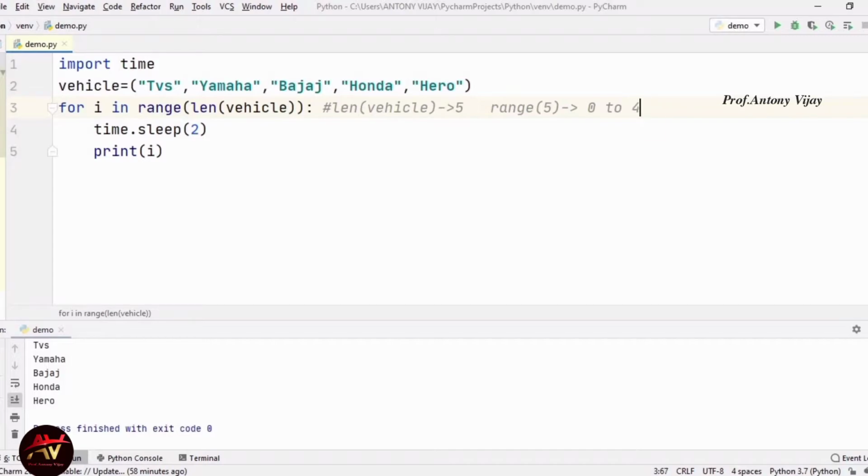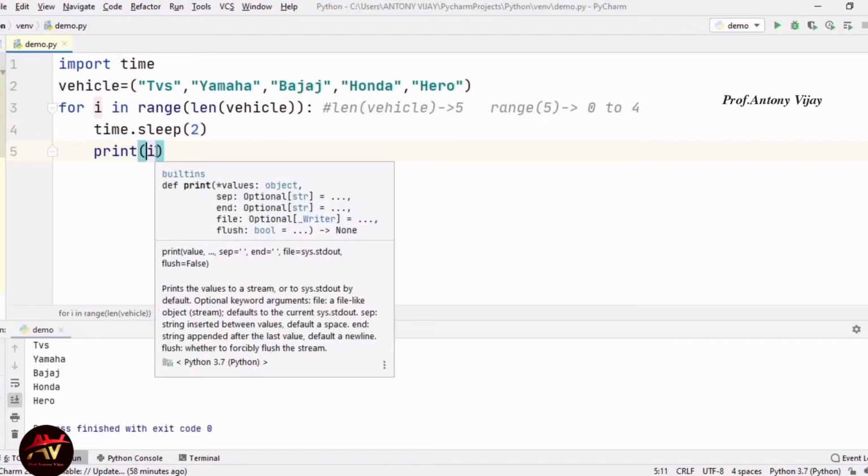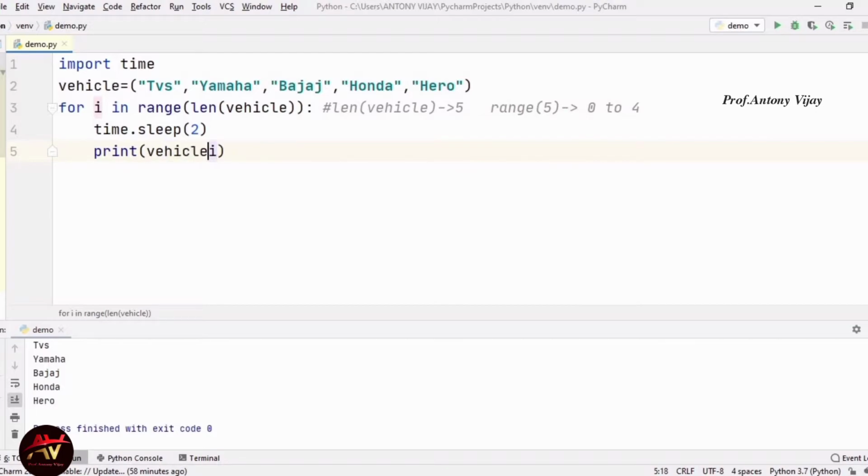So actually it's like an indexing concept. If I mention range now, it will assign indexing to all the elements. For TVS it assigns 0, for Yamaha 1, for Bajaj 2, then 3, then 4. If I want to print this, I am supposed to use vehicle of i, because I am using the indexing concept.